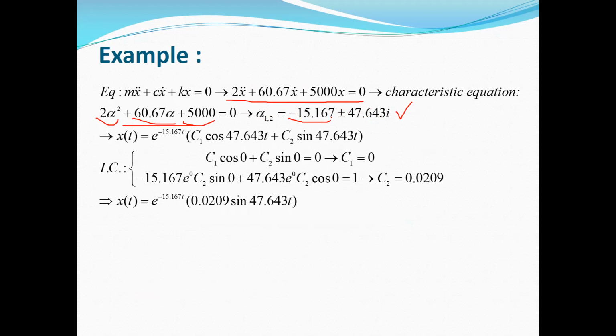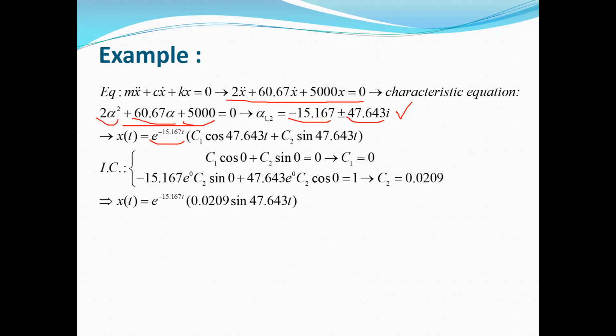So you can see we have a negative real part. According to the previous section that we discussed, the system will be stable because the real part is negative. And also we have an imaginary part. When we have an imaginary part, it means that we will have an oscillating motion, or a vibrating motion. So the response x(t) is equal to exponential of the real part, which is minus